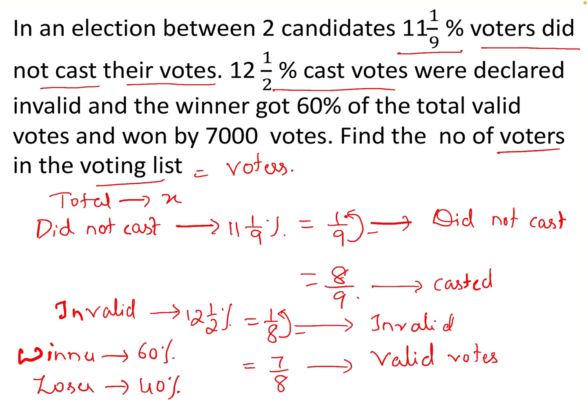Now, the difference between winner and loser is how much? 20%. It means the winner is winning over the loser by 20%, and in votes we know it is 7,000. So if 20% is 7,000,